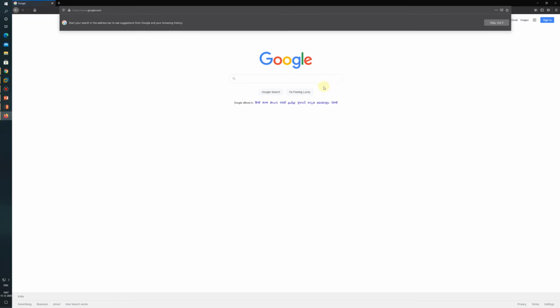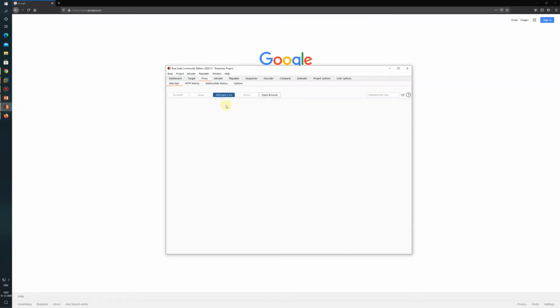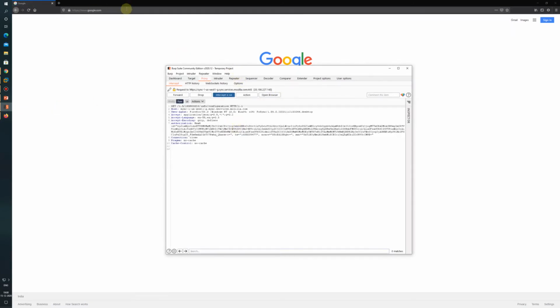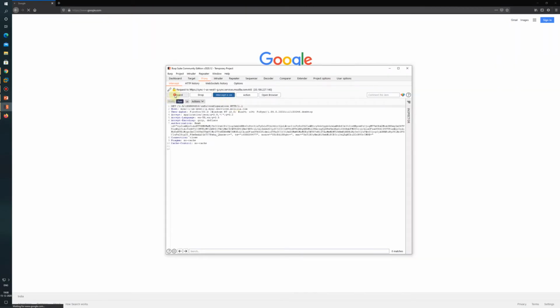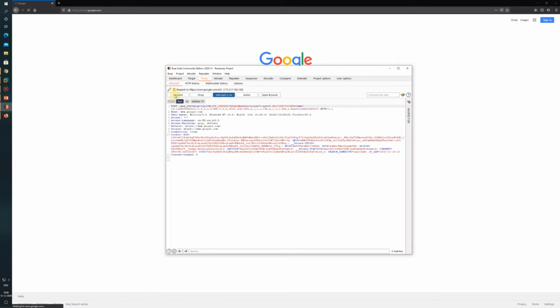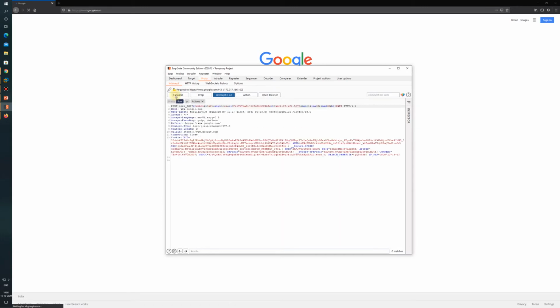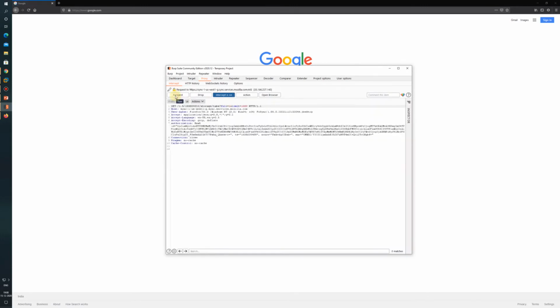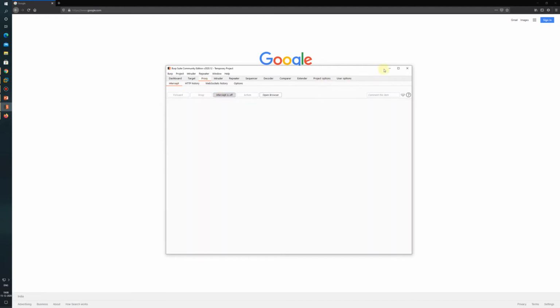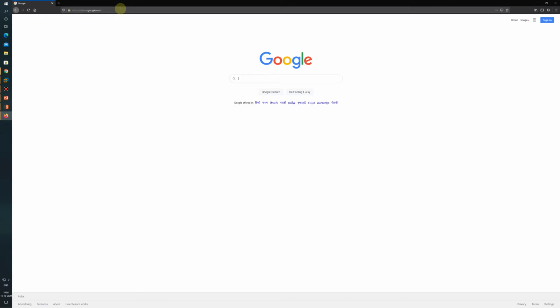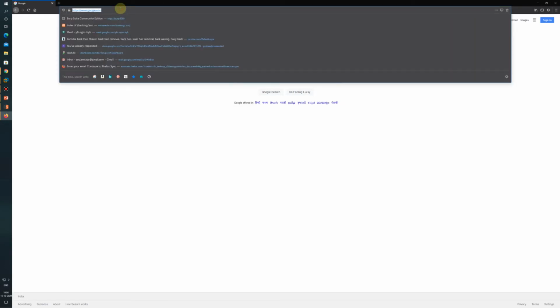Google.com is opening very fine, but if I turn on the intercept and then I try to open google.com, google.com will not open unless I forward each and every request and make google.com completely open. So this is how I can capture all the requests, or the traffic, that are going through my browser. So now let us quickly open a website which is already affected by the data tampering vulnerability.